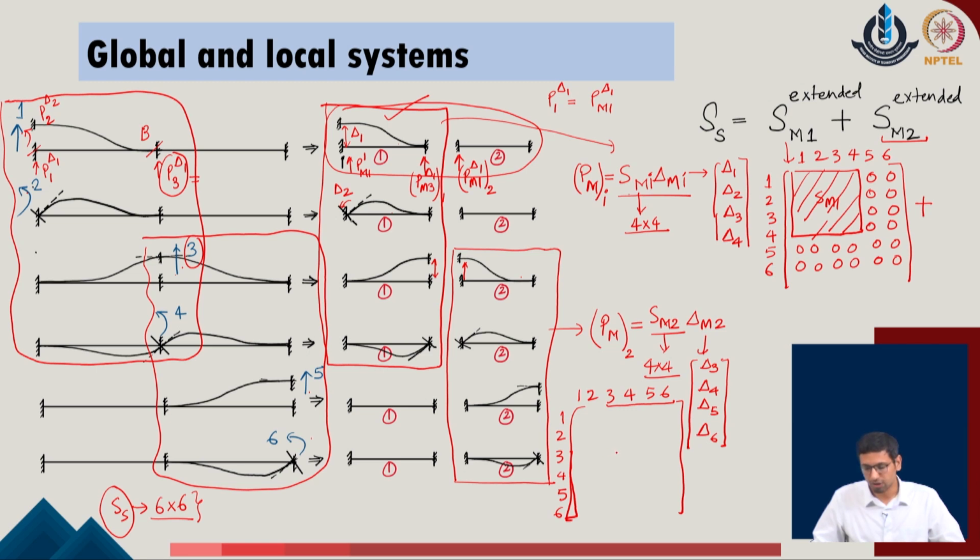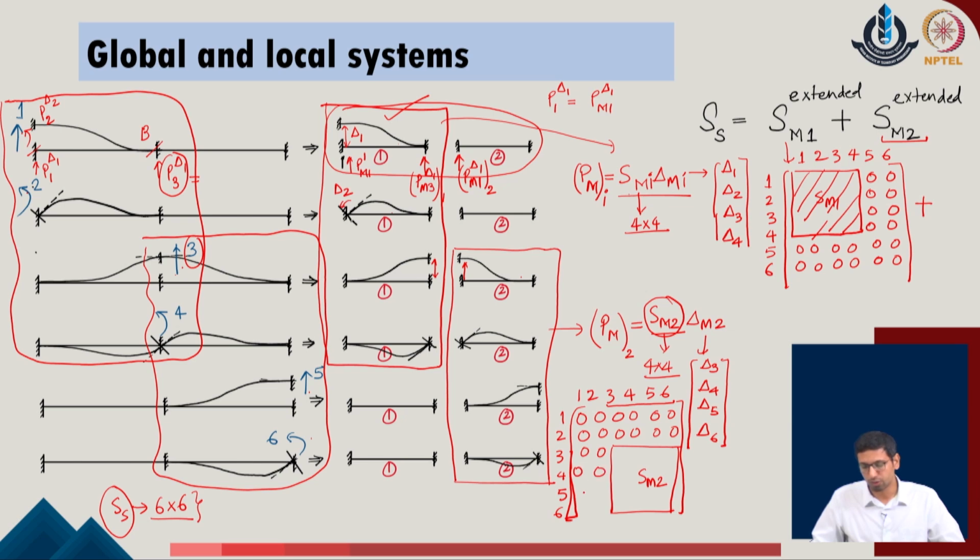So, I will consider now that corresponding to the rows 3, 4, 5, 6 and columns 3, 4, 5, 6, I have the SM2 identified in the given problem. So, the 4 cross 4 matrix which is corresponding to the member 2 in the global directions has been fitted to this particular position, and all the remaining parameters of the given matrix will be identified with the 0 values in the given problem.